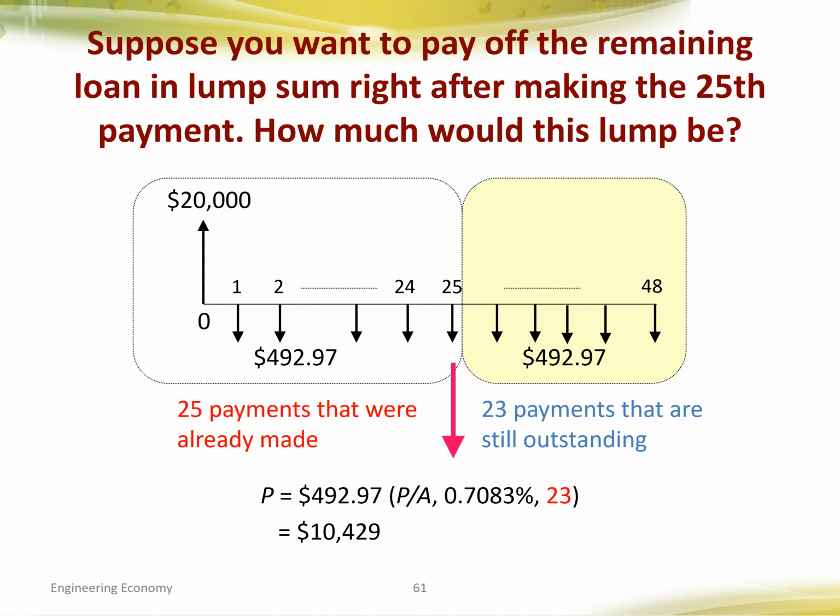So we just need to use given A, find P, with these two parameters. We can come up with the coefficient and multiply by 492. So we know that at that time we need to pay 10,429, which is equivalent to the rest of the payments,